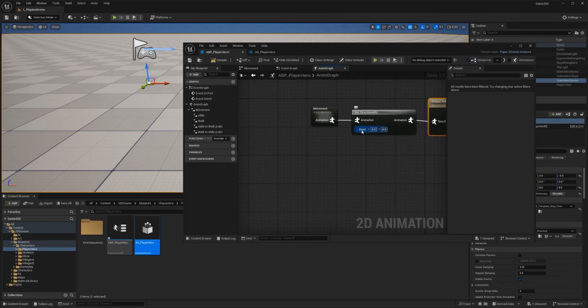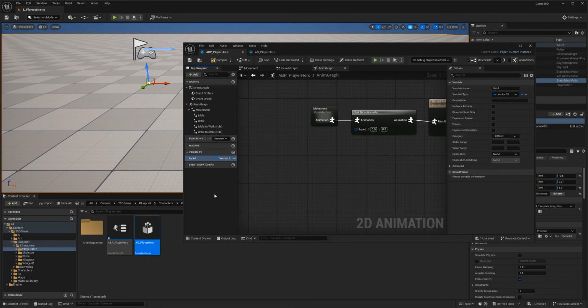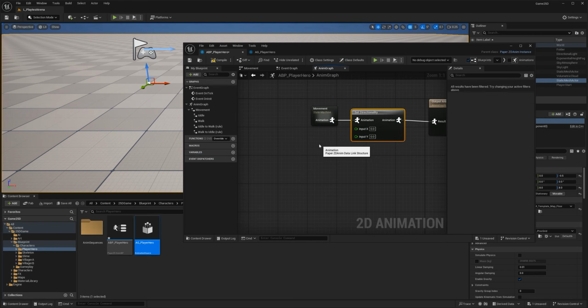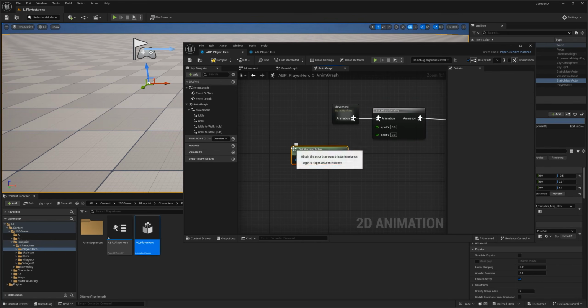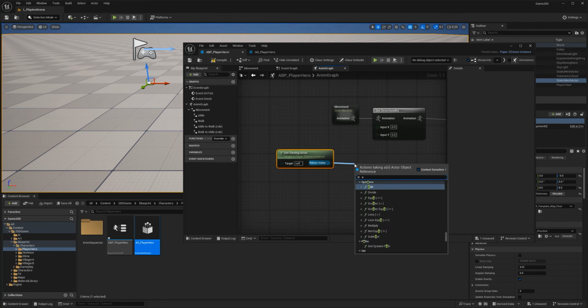In order to connect this, I'm going to have to first split because I need to have something for X and something for Y. I cannot put one input for commanding two things. Oops, I didn't want to do that. So let's delete this. I'm going to split that. What I'm looking for is get owning actor. We used this node before. Essentially it means whatever this is possessed by, the return value that we want is get actor forward vector.